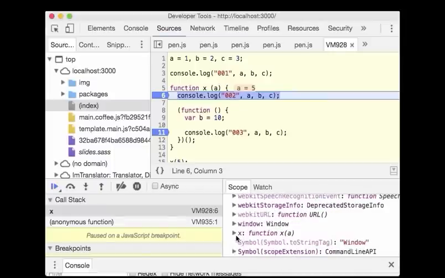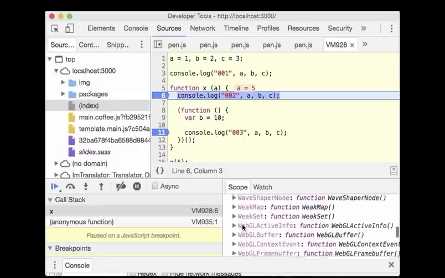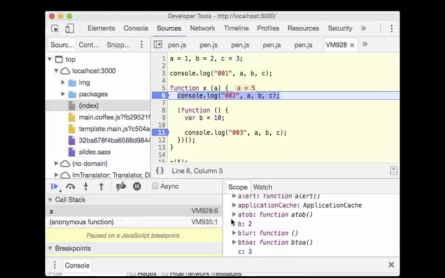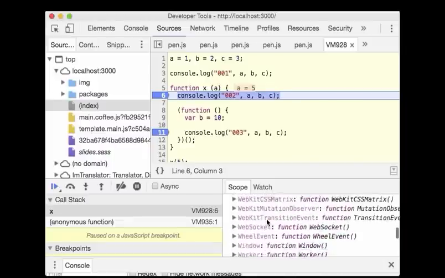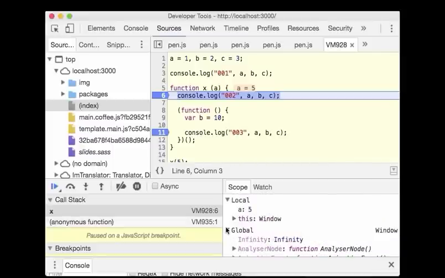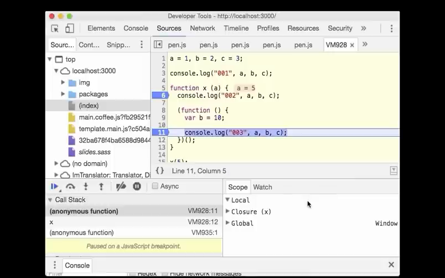Yeah, here it is, not x. I wanted to find a. Here it is. Okay, so here you see a, and this is where we are in the global namespace. So now let's keep running, and you can see that once 003 is hit, then the scope is we have the local